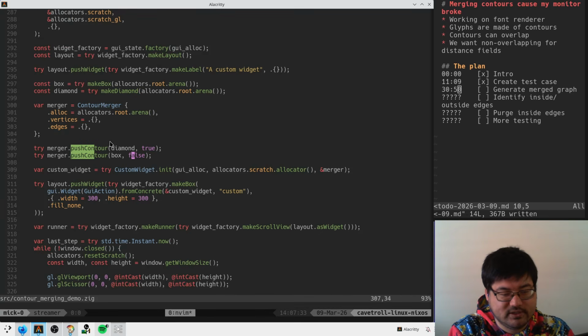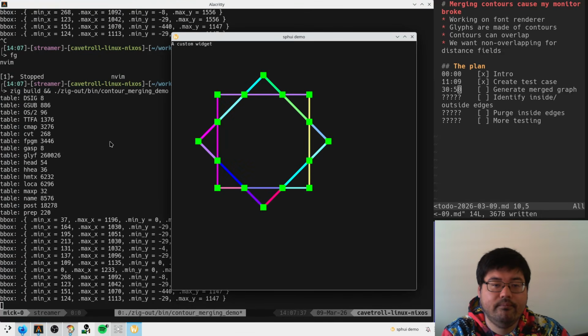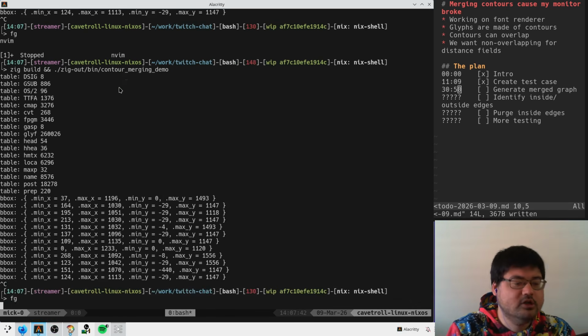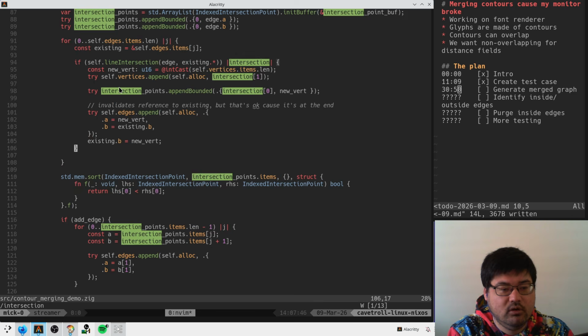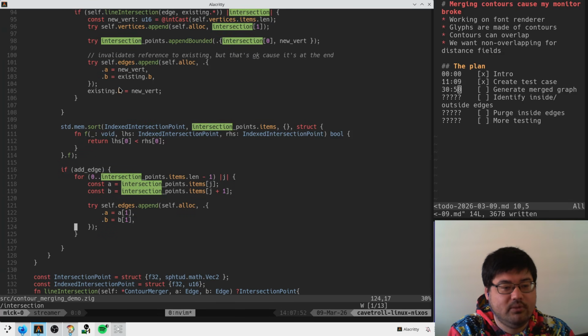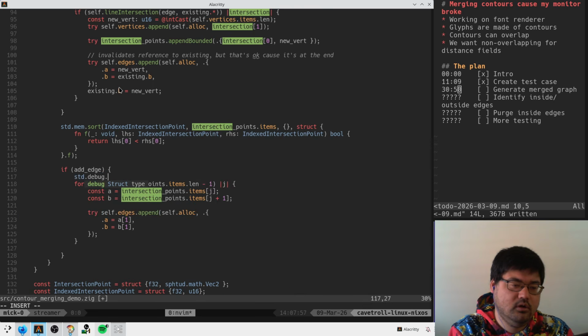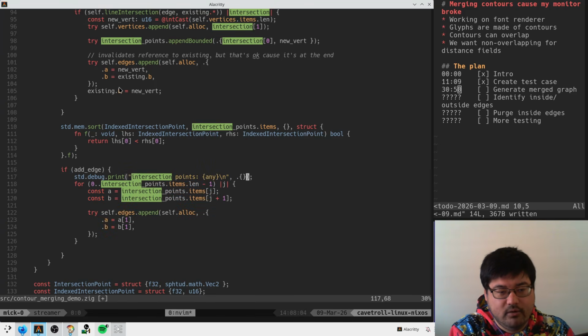But then we add the box in after. And the box's lines are still wrong. So that means that the intersection points must be wrong, right? It must be. So can we look at intersection points? This must be wrong. I don't know why, but